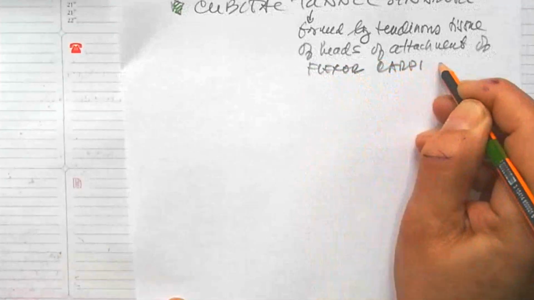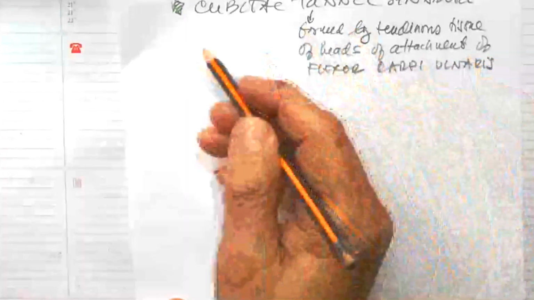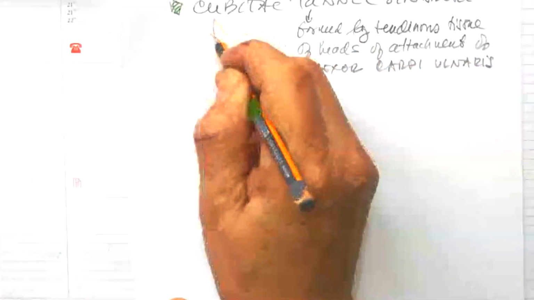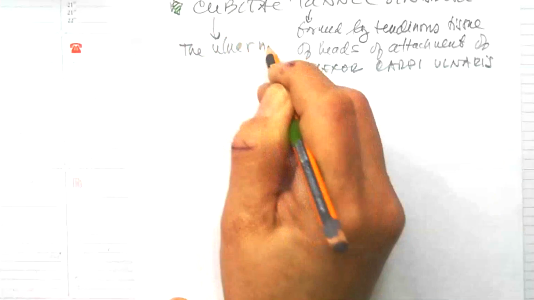We are on the ulnar side. I will show you immediately some figures. So the arch is placed for the ulnar nerve. We could say that the ulnar nerve